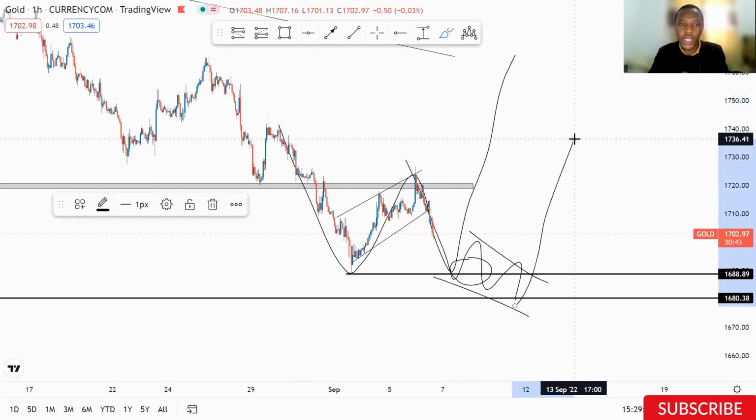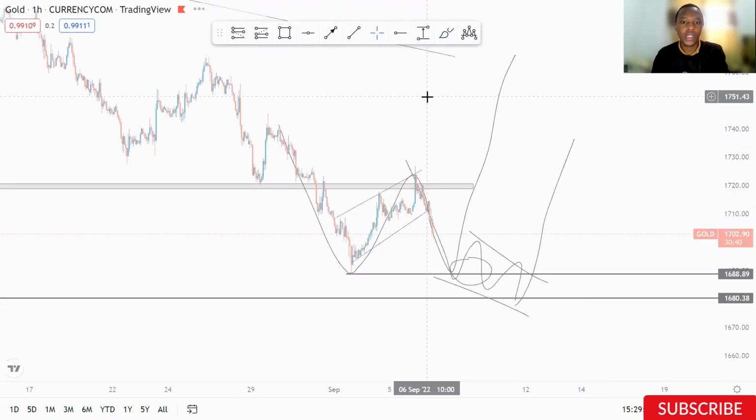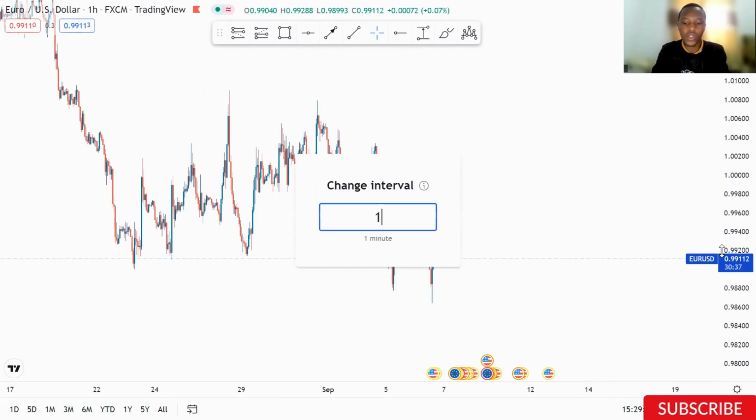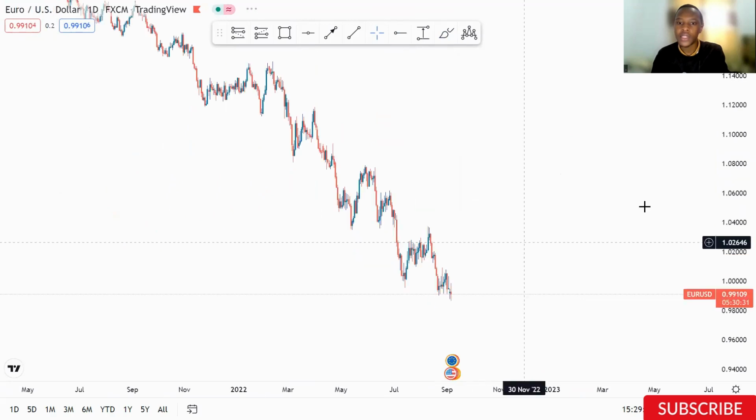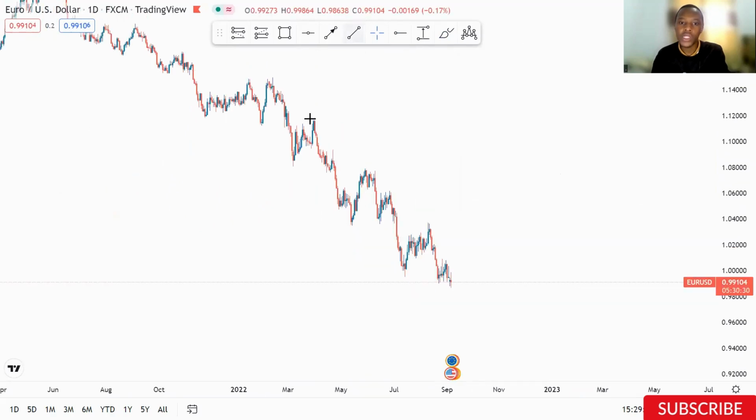And moving forward now to another pair, let's see. Okay, we have Euro USD now. So I'm going to start on the daily time frame with Euro USD. So you will see that we're still in a bearish